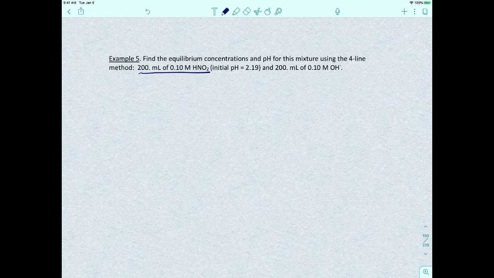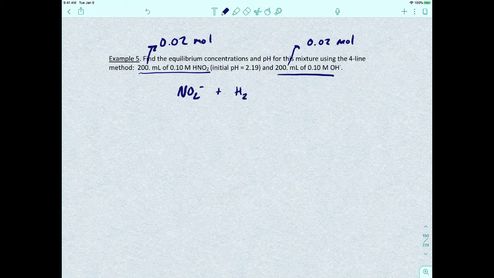Again, we have 200 milliliters of 0.10 molar HNO2. And remember that that's 0.02 moles of HNO2. And now we've got 200 milliliters of 0.10 molar hydroxide. So now you're going to have the same amount of acid and base, the same amount of weak acid and strong base. So again, your equation was this: NO2 minus plus water is in equilibrium to form